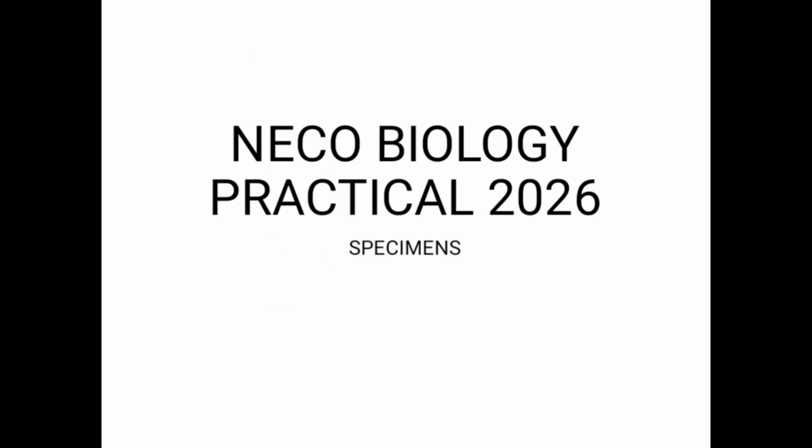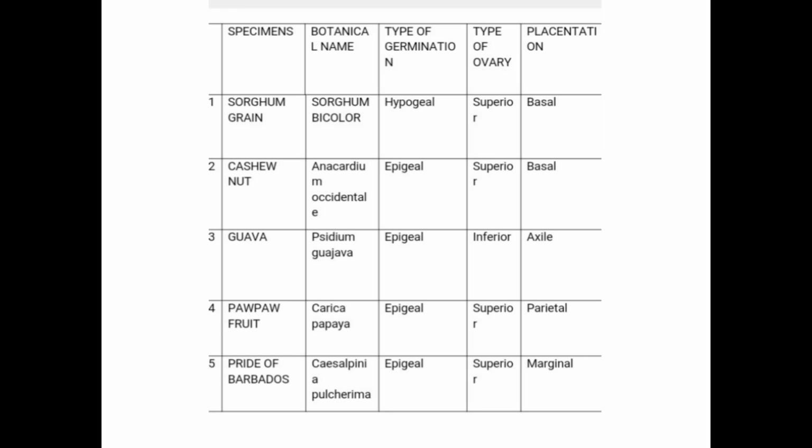Now, go over to the next where I made arrangement of some of these specimens. I compared the botanical name, the type of germination, the type of ovary, and the placentation. As you can see, sorghum, the botanical name is Sorghum bicolor, type of germination hypogeal, type of ovary superior ovary, meaning the ovary is above the sepal. Placentation is basal placentation. Cashew nut, botanical name Anacardium occidentale, type of germination epigeal germination, type of ovary superior ovary,